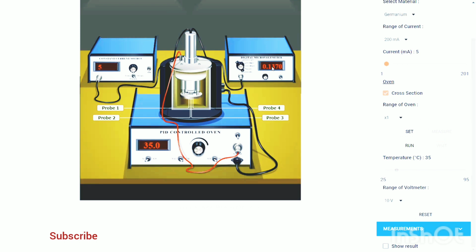Now we can note down the value of the voltmeter, and its value in the millivolt is 137.0. This value that is shown in the instrument is in the volt, and the constant current that remains the same, 5 milliampere. Now again, I click on the set button, change the temperature,